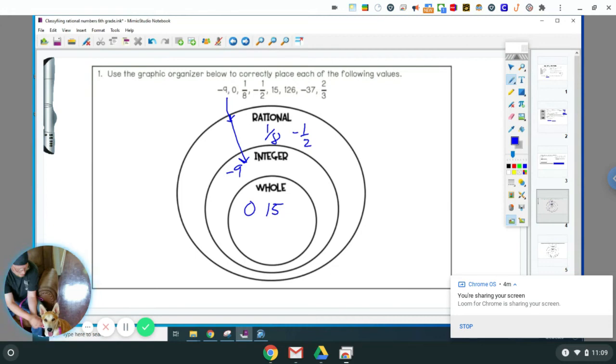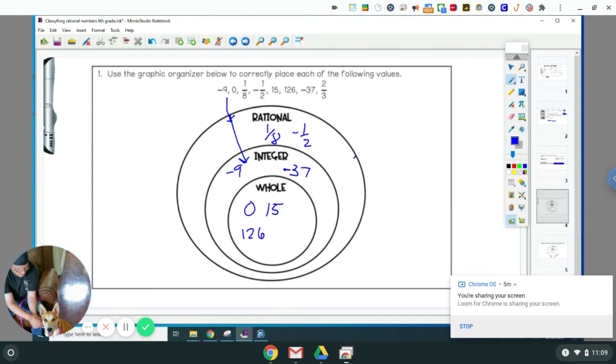126 is rational, is an integer and a whole number because it's positive and it doesn't have a fraction or a decimal. -37 is rational, and it's also an integer because it's not a fraction or a decimal, but it cannot be a whole number because it's negative. And then finally 2/3